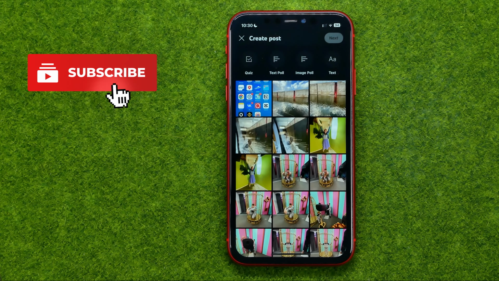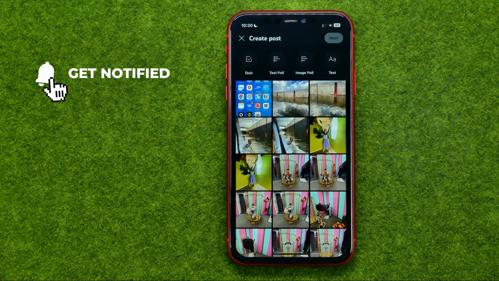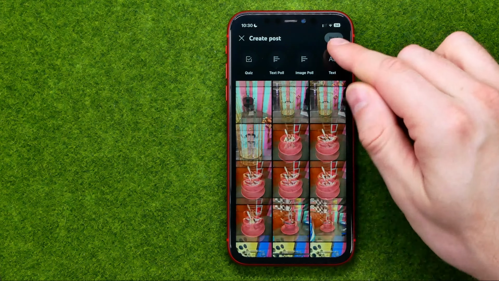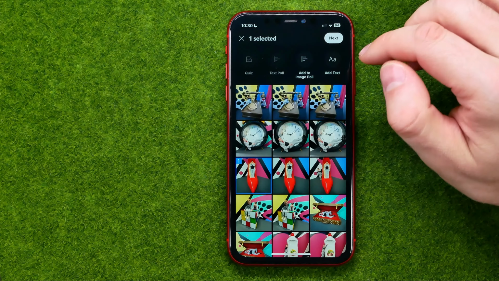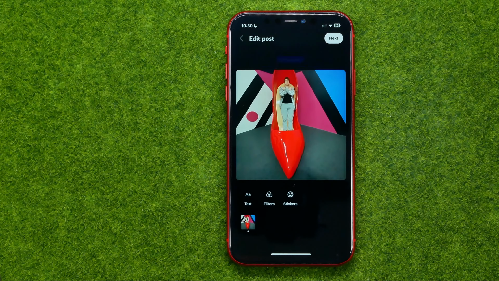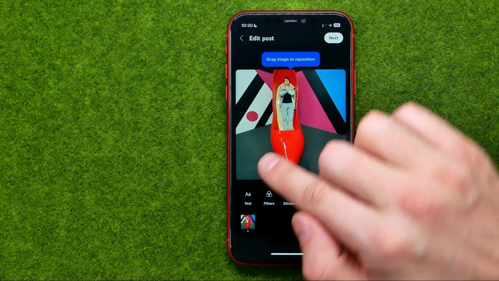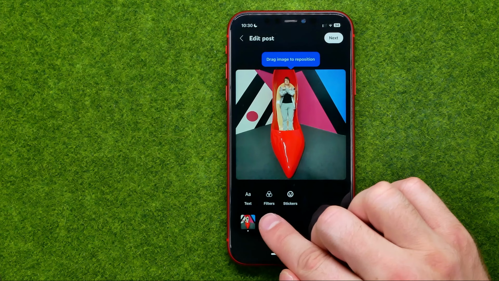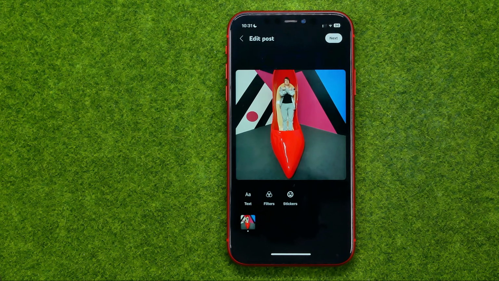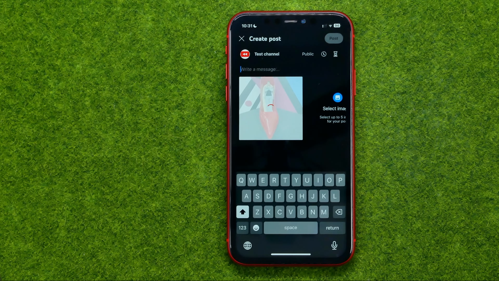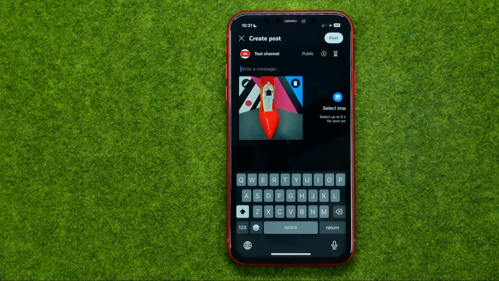That will open up your camera roll. From here we can choose and attach any picture to our post. We can select it just by tapping on it, just like that, and then hit next. We can add some text, filters and stickers to the particular picture, then hit next, and also we can write down some text message here,